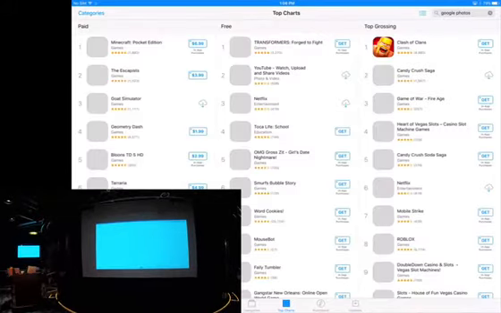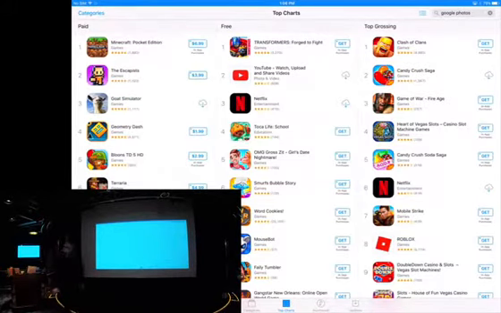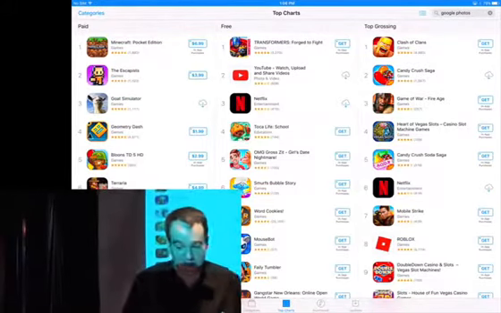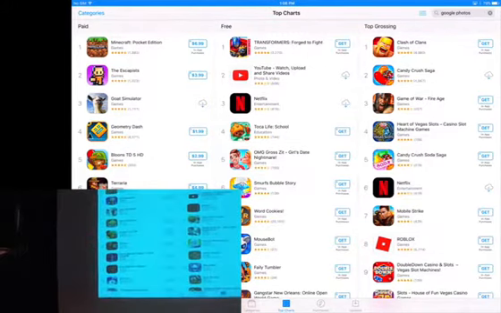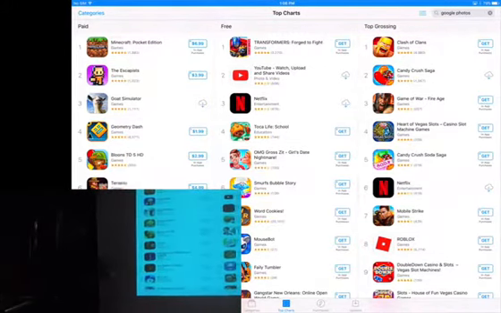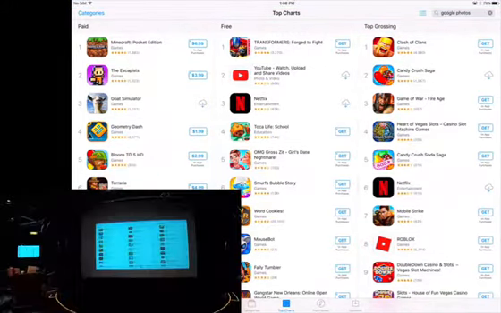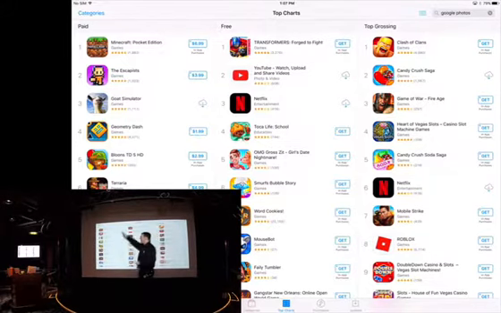Now, the next interesting section is called the top charts. You'll notice that you have the top free apps, the top paid apps, and the top grossing apps. Now, the top paid apps are right here. You will notice that all of the apps have a star rating on them.